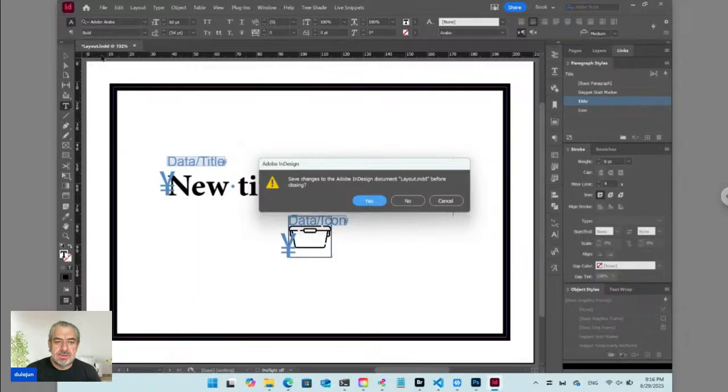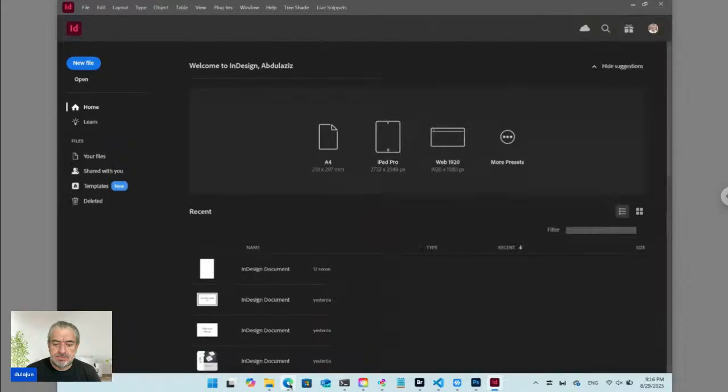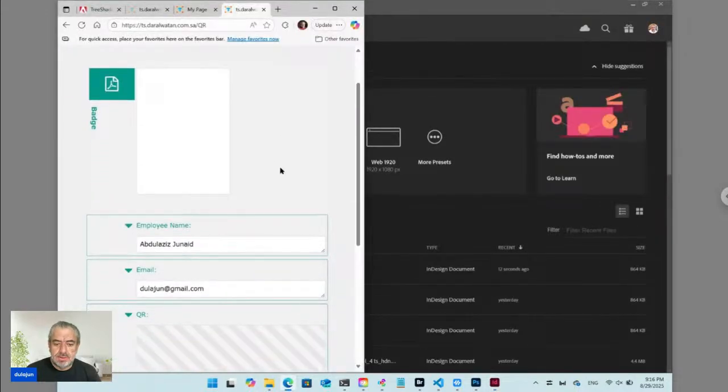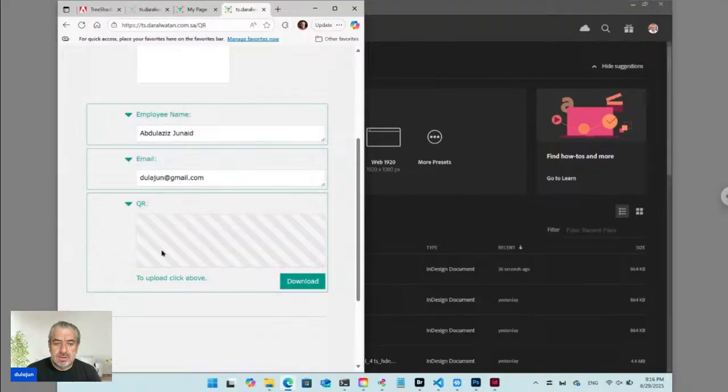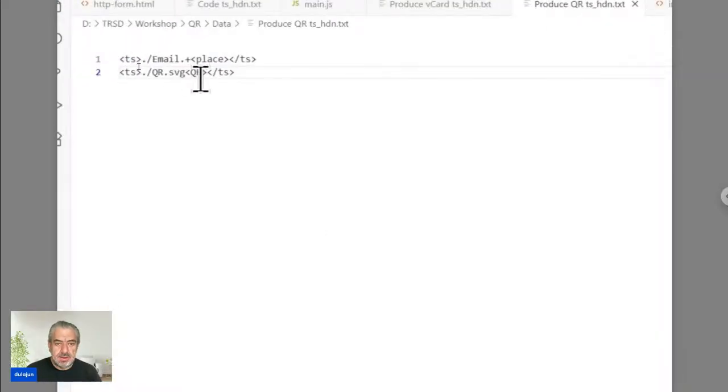Let's close this, it's all the project. Okay, anyway, now the produced QR is loaded in the same form. If you don't want the QR to be viewed here, let's modify the QR